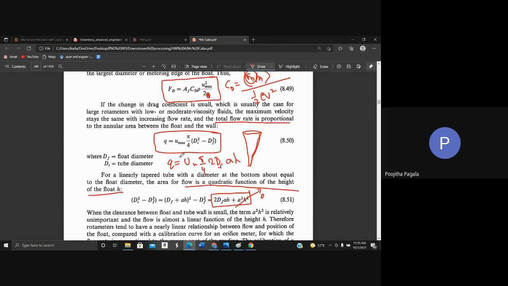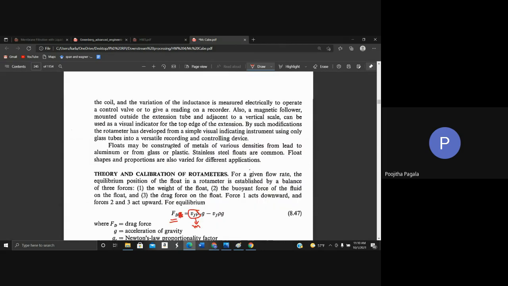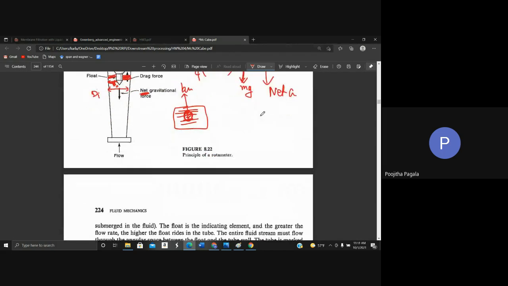So from all this, the thing you need to remember is Q is directly proportional to H. So Q is directly proportional to H. This you should remember. That is, the higher the flow rate, the higher is going to be the height of the float. So for example, let us say I have a rotameter